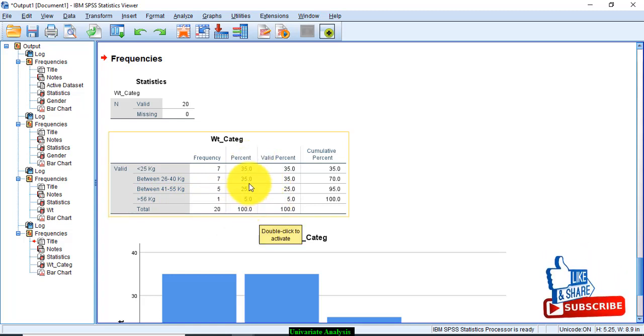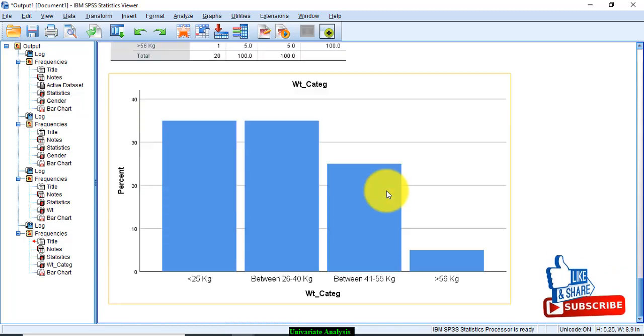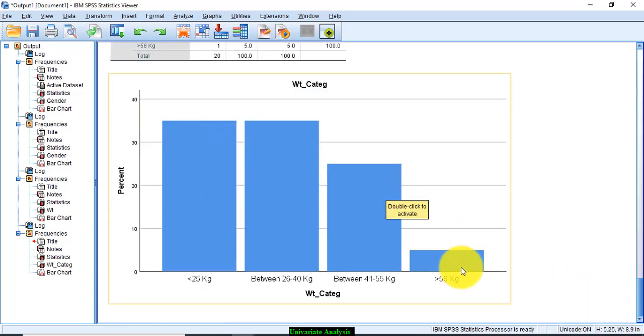So the valid percentage and the percentage both are reflected in this table. You can see the graphical presentation as well. Now you can customize this graphical presentation by double clicking, and you know the procedure.